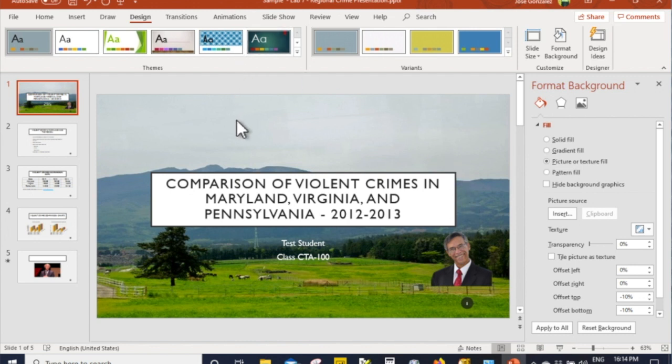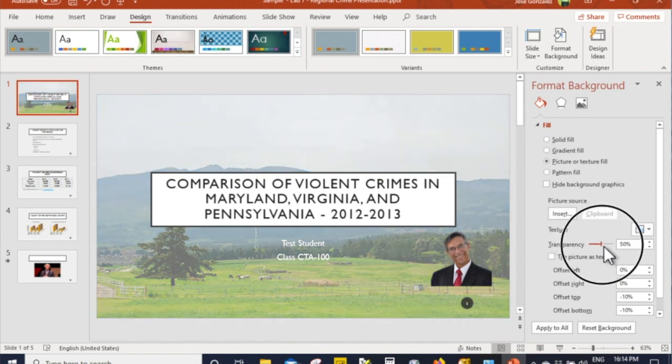Now, the picture looks a little bit busy and overwhelming, so I'm going to soften it up a bit by adjusting the transparency of that picture. On the side over here in the Format Background, I can change the transparency to about 50% or so, so that makes it